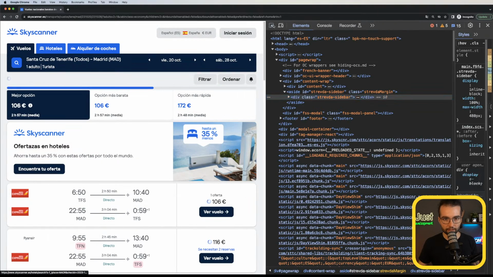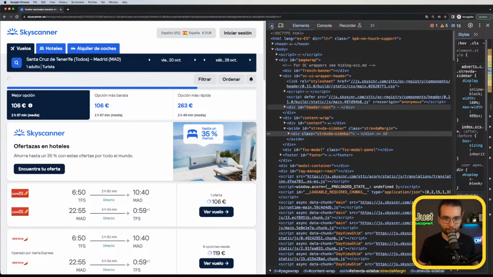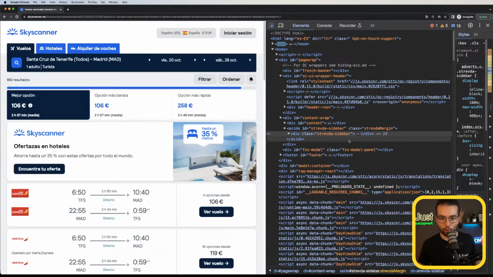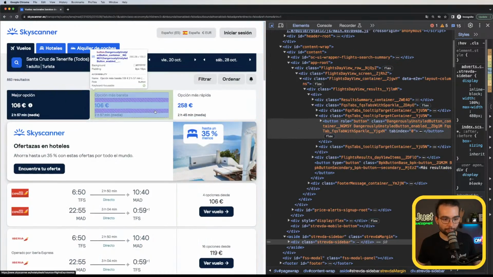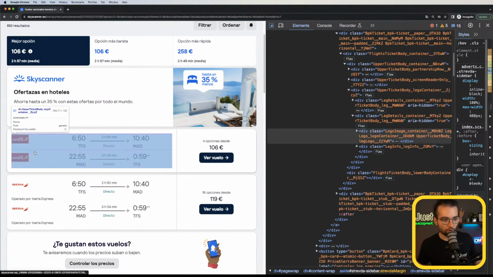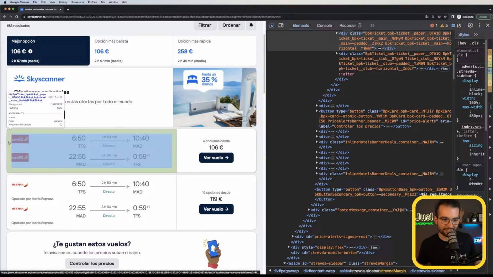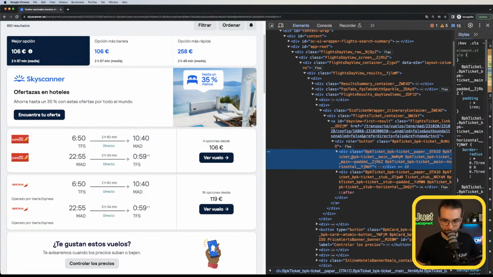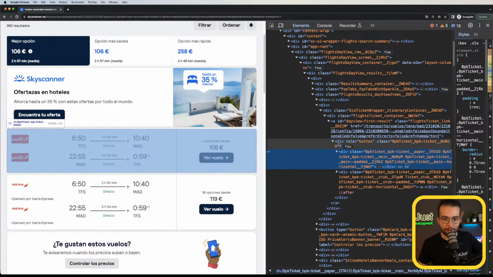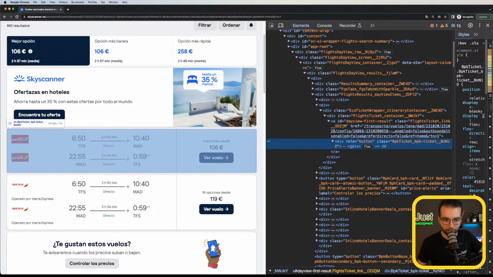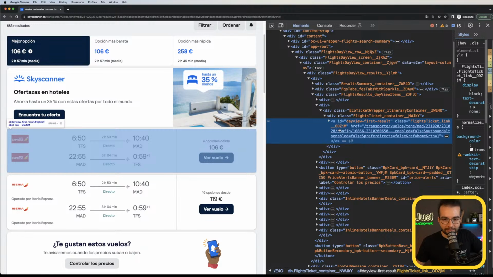Let's inspect, and now, yes, as you can see, if I enable this option, I can hover over elements and it highlights the part of the HTML code. So if I hover over one of these options, I need to make sure to hover over the whole container. As you can see now, it's only half of a container, but from the code, I can go up the tree to the parent component. I can close it to make it more readable. And probably it's also the parent container. Basically go all the way up until